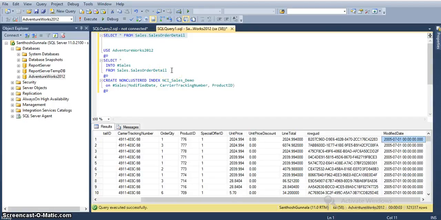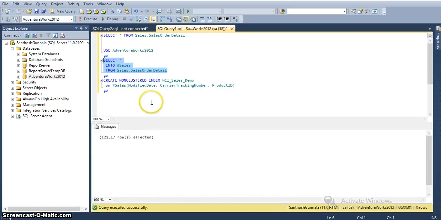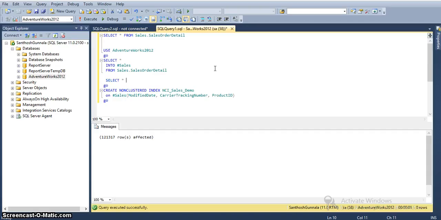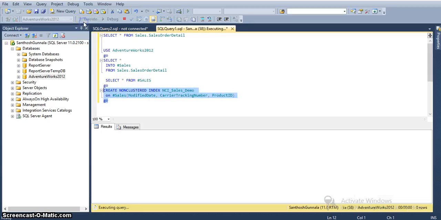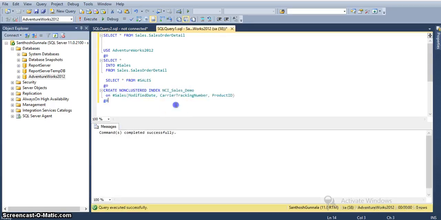In this way I am creating a non-clustered index. I am moving the data into a temporary table. The temp sales table got created. We will query and see the data. Okay, now I am creating an index on this table. Index created successfully.